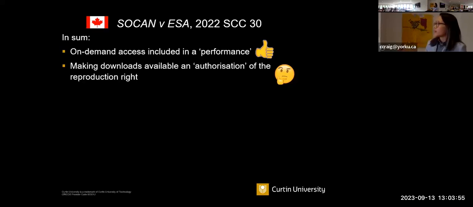The first point there, as I said, is not contentious: on-demand access is part of the performance, so you can't really collect fees for making something available, and then when it eventually gets transmitted, you can't collect two fees. That's fairly straightforward and not contentious, whether in Australia or Canada. The second point, the use of authorization, does raise some questions,